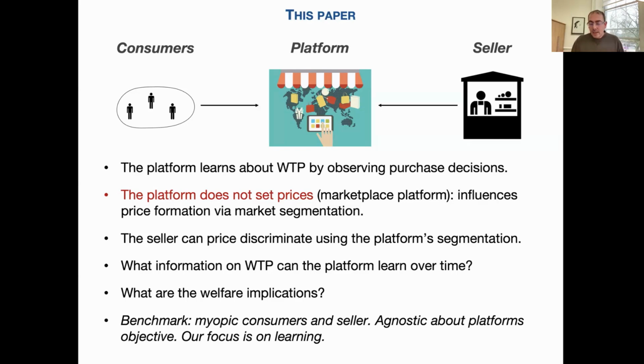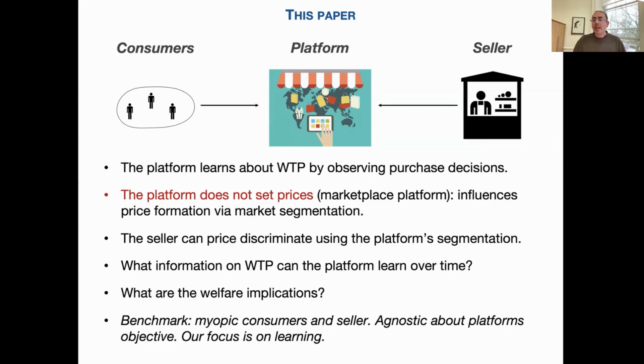Now, and I want to be super clear since the beginning, I'm going to consider a setting where the seller in particular has no incentive to price experiment. So I'm going to think of a framework in which the seller enters the market, prices, and exits. And then in another period, there is a new seller, who enters the market, prices, and exits. So the sellers price in every period to maximize their stage utility.